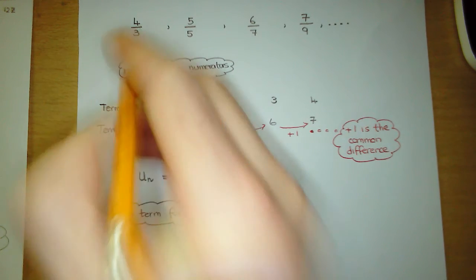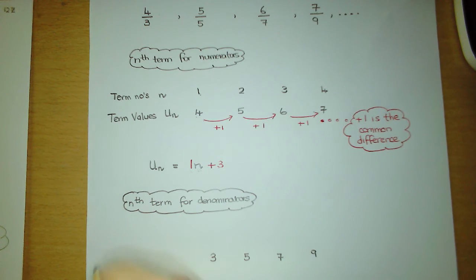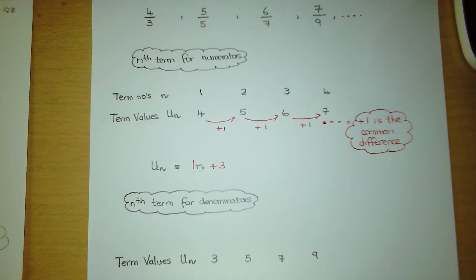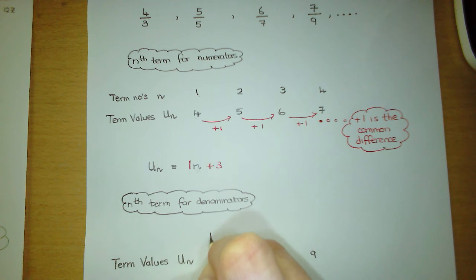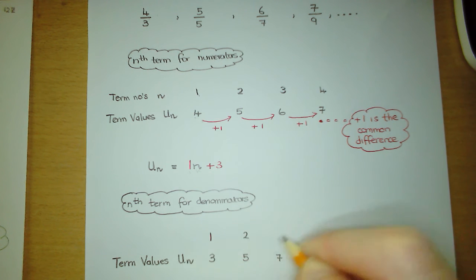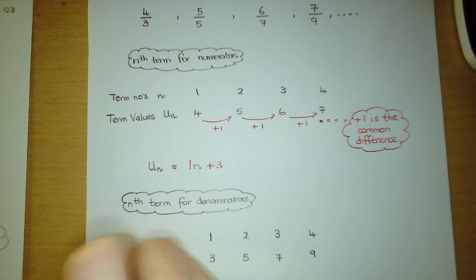So we've got 3, 5, 7, and 9. Again, label those. Those are the term values. And then again, above each term value, we write down the term number. So 3 is the first term, 5 is the second term, 7 is the third term, and 9 is the fourth term. And we label the top numbers the term numbers,